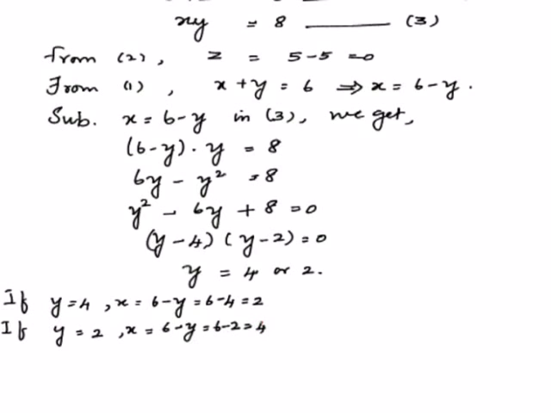So, we arrive at two sets, namely x is equal to 2, y is equal to 4 and z is equal to 0, or x is equal to 4, y is equal to 2 and z is equal to 0, and that concludes the answer. So, we have used the concept of equality of matrices and solved the unknowns, and hence we have arrived at two sets of values depending upon the